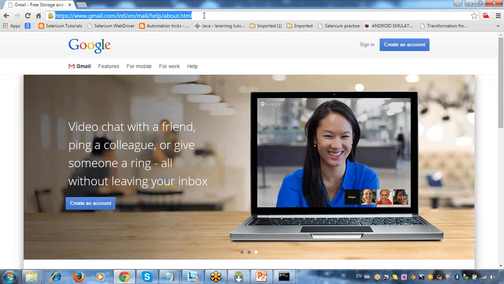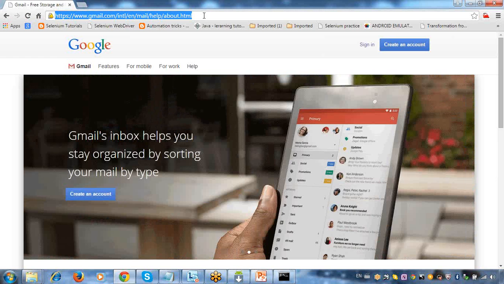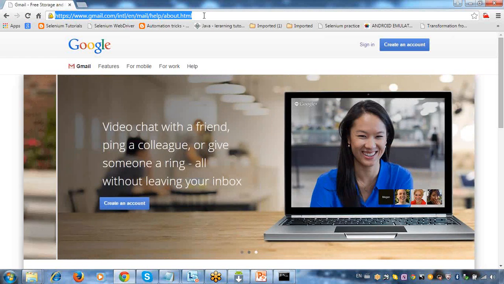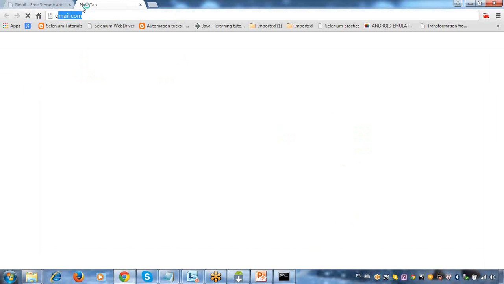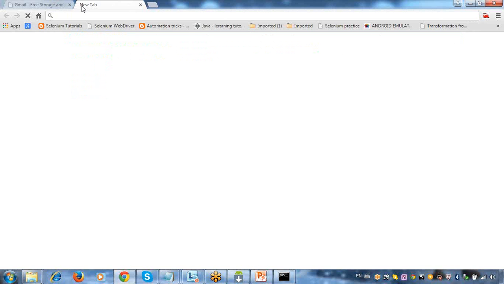Okay. And one more thing is that we will not use this in real time. Only in very rare situations. Whenever you are creating your emulators and facing some difficulties in creating the emulator, you can use Chrome as a last option. You can also create your emulator in Chrome. For that, you need to download the Google